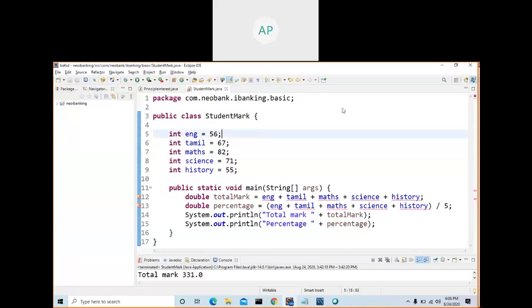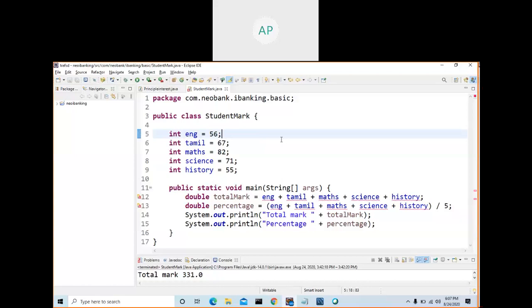Say for example, there is a task. When you go to Facebook for the first time, you need to create a Facebook account. For that, you need to register. There will be a link called register in Facebook, and if you click it, it will show you a form. In the form you enter your first name, last name, date of birth, email ID, mobile number, your address, whatever needs to be entered. When you submit, it will go to your Java program.